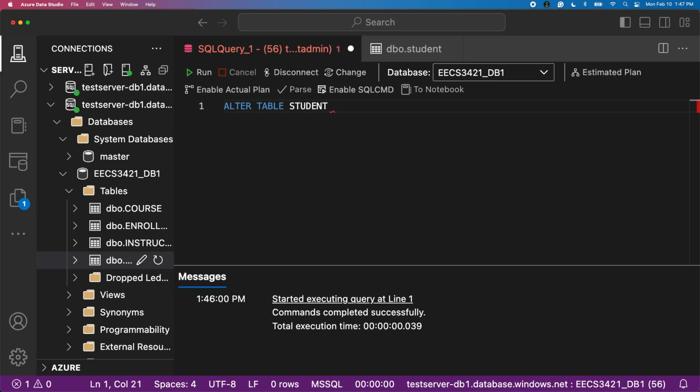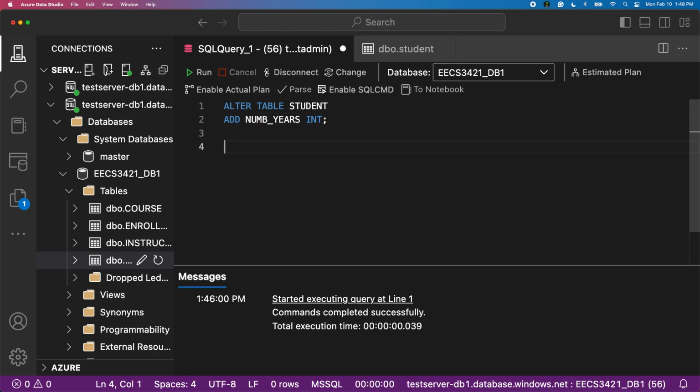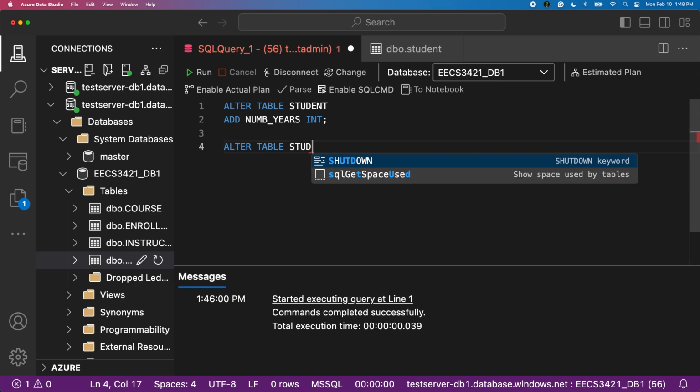Now, let's say we have this table, student, and then I add a column, number of years. I want to just show which year a student is in. Is it in his first year, second year, or more? Now, I add number of years integer. So this is fine, right? Now, I want to also alter this so that I want to add actually